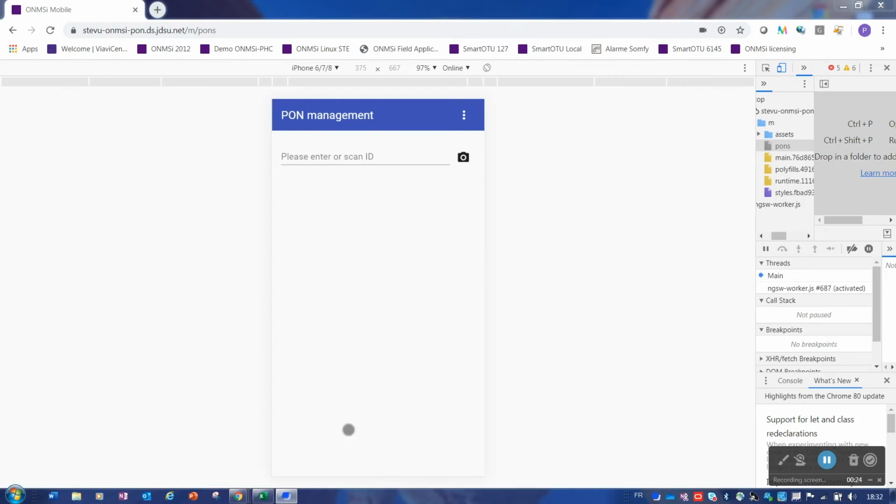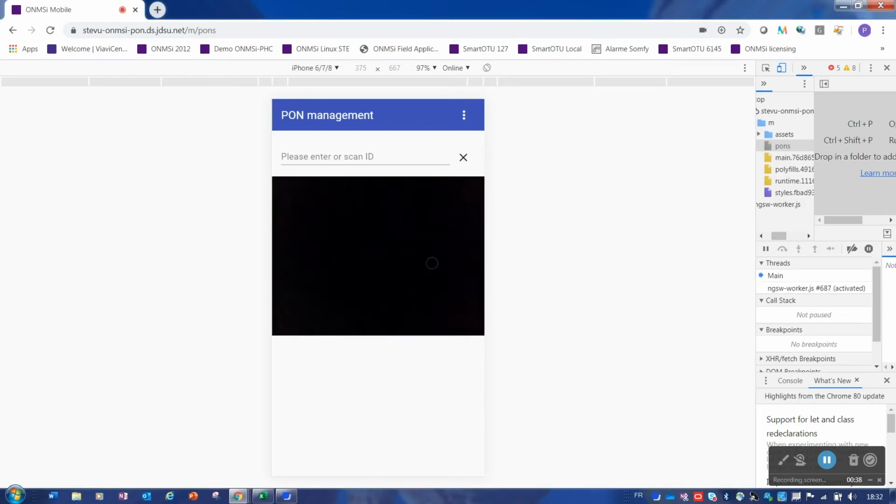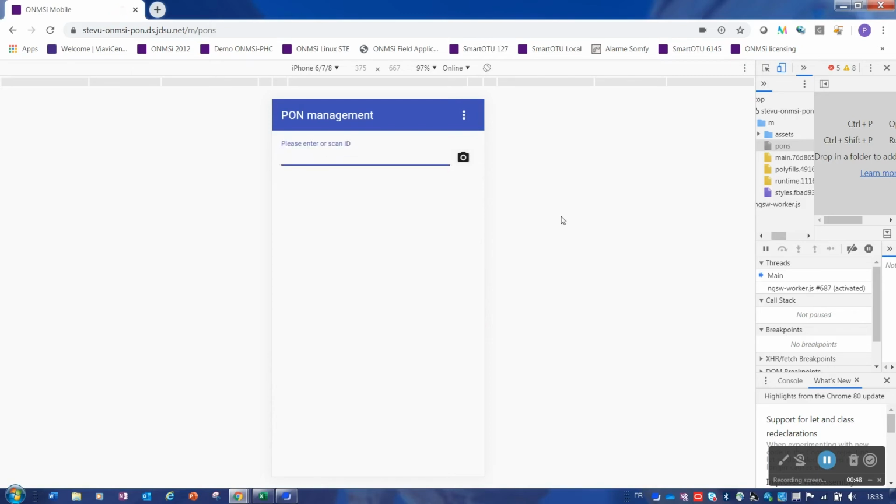In order to perform a measurement, they will need to enter the reference of the test that they want to do. There are two ways to do that. The first one is to click on the camera and get access to the QR code reader. If there is a QR code, we can automatically read and display the reference here. If not, we can manually enter the information that is usually available on the work order.